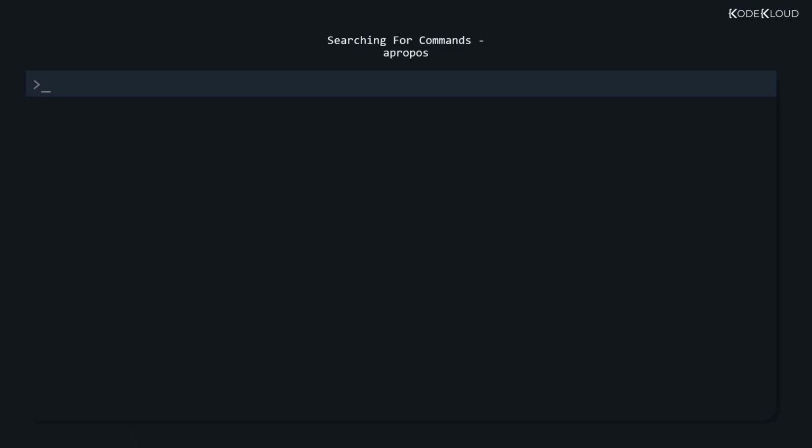Imagine you forgot the name of the command that lets you create a new directory. How would you search for it? Apropos is a command that lets you search through man pages. It looks at the short descriptions of each man page and tries to see if it matches the text we entered. For example, with this line, we can search for all man pages that have the word director in their